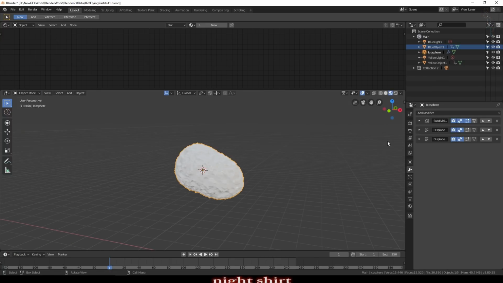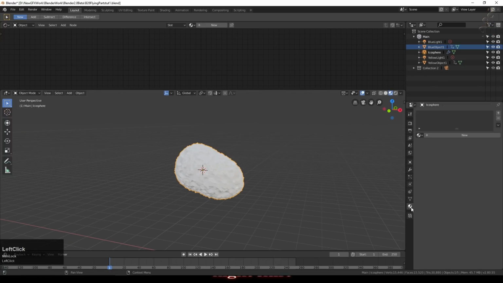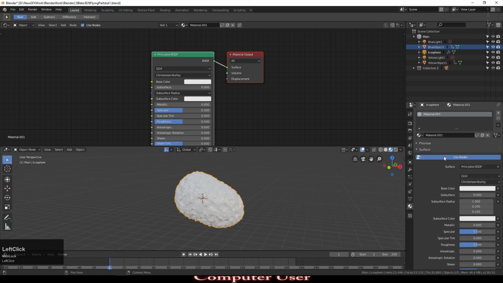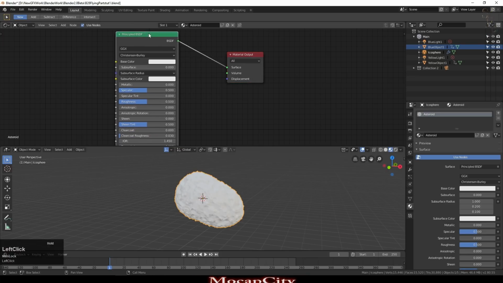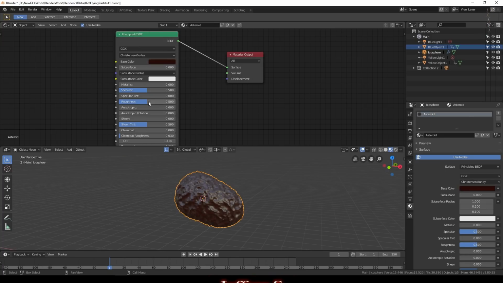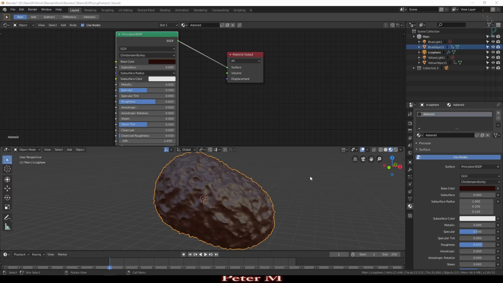So before I go any further, I'm now going to just create the material. So we'll come down here, pull that down a little, and we'll just say new for material. We'll call this asteroid, and by default it's put the principled shader on there for us. So I'm just going to select the base color as a sort of dark brownish color. Roughness, I've left it about the mid-level. You can have it even higher if you want. And everything else I left pretty much as it was. I didn't go into too much detail on that material because you only really see these from a distance. You're not getting a close-up view. So that's a nice, basically very dark material for our asteroid.